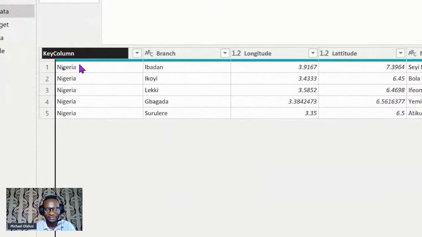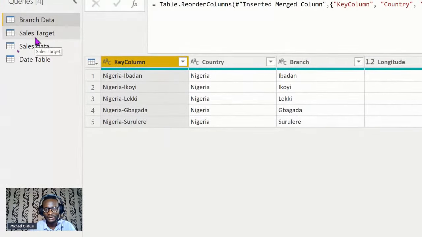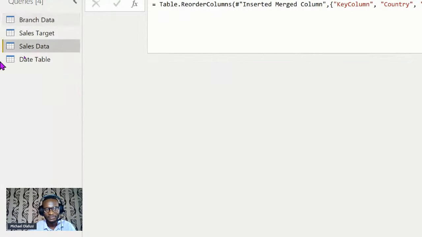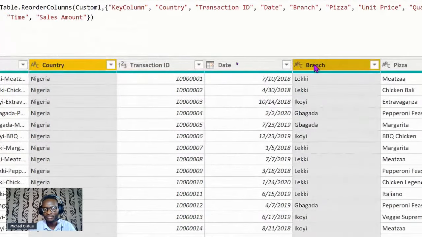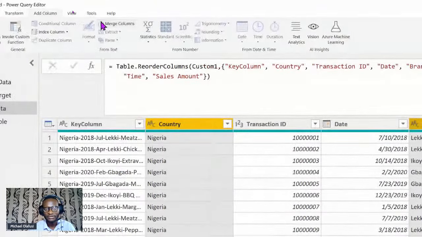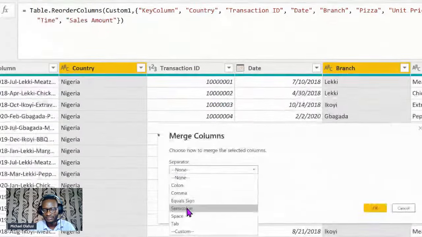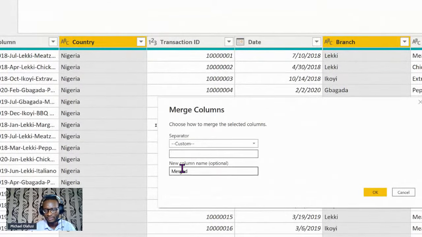I'm going to just move it to the beginning. I'm going to do likewise for sales, branch data to sales data. So add column, merge columns. Then I'm going to call this key column 2 because I have one before.